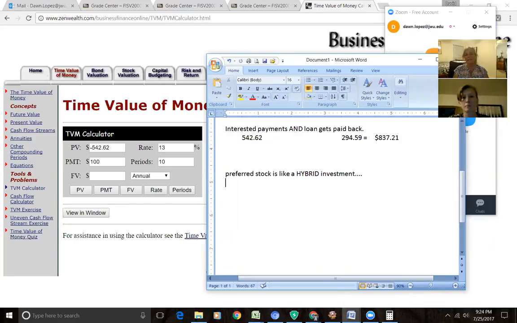But what you are guaranteed is a dividend amount. Now, we don't call it interest because if we use the word interest, that would imply a loan. And buying a stock is not a loan. It's not lending money to the company. But because the company is going to give us a payment and that payment is guaranteed, that's why we call it a hybrid, because the payment looks a lot like interest, but it's just called by another name. Kind of like the whole Shakespeare thing, a rose called by any other name would smell as sweet. So we call it a dividend, but it looks and acts a whole lot like an